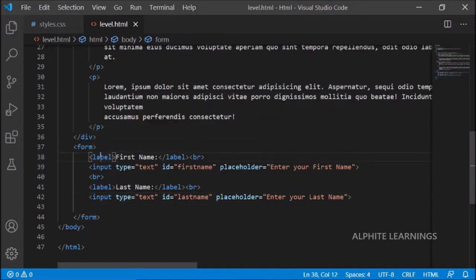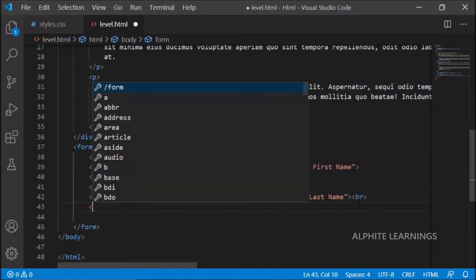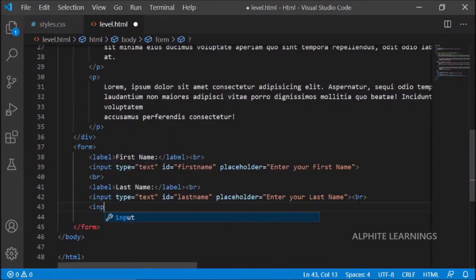In the first part we have given the first name and the last name. Next we are going to give a gender. I'm just going to mention a gender field in our website. For that, again I'm giving a break here. After this, what I'm giving is